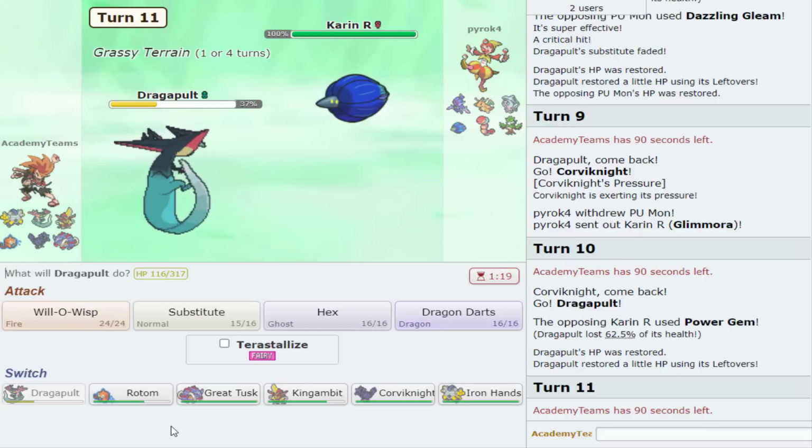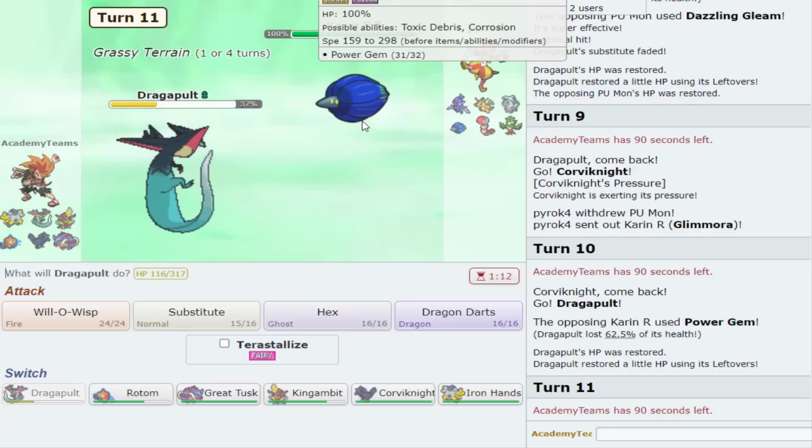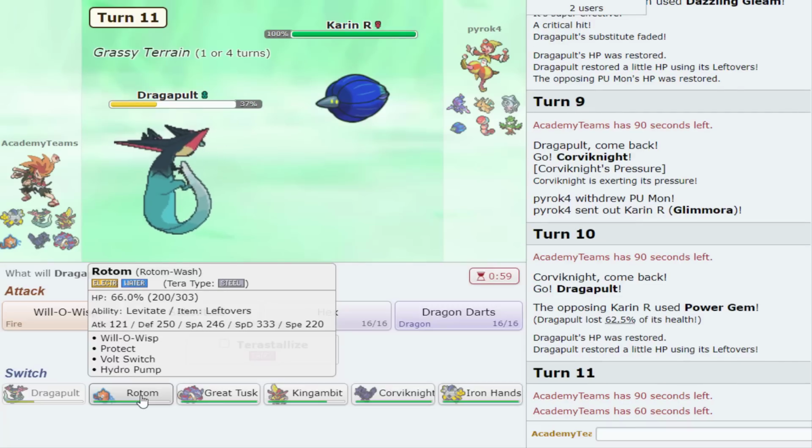So Dragapult being the win, like you notice, I've just not been executing these things properly. I wouldn't say that. I did not expect him to attack there. I expected him to Stealth Rock. What I could have done instead was gone to Rotom and Protect, because what I was doing was trying to avoid activating his